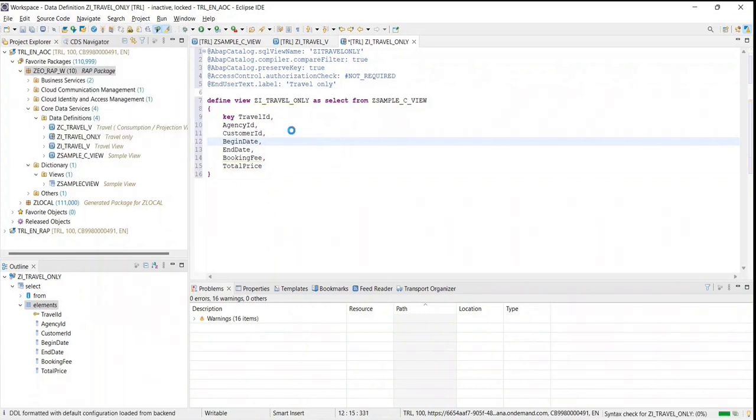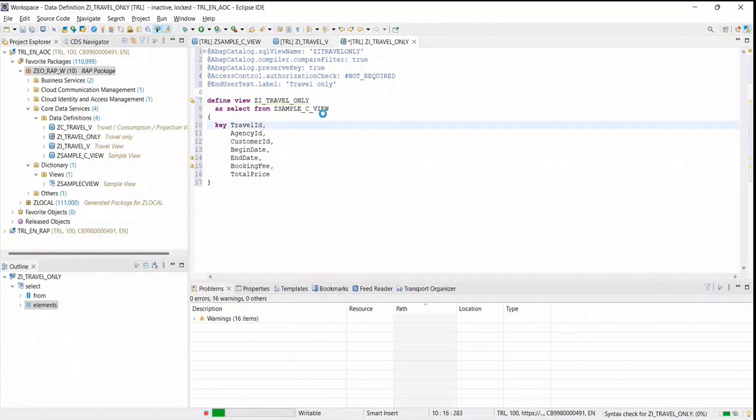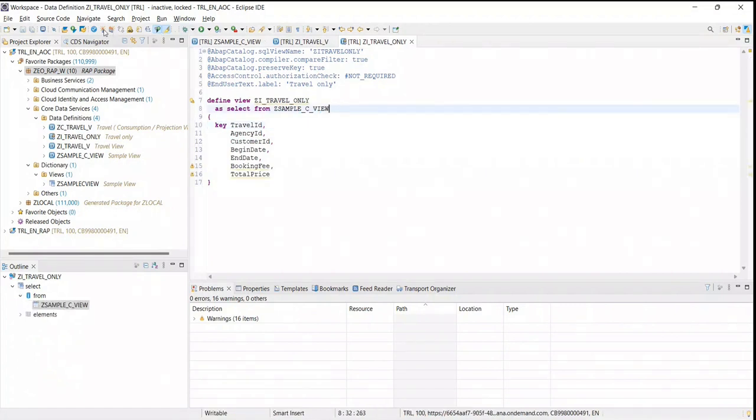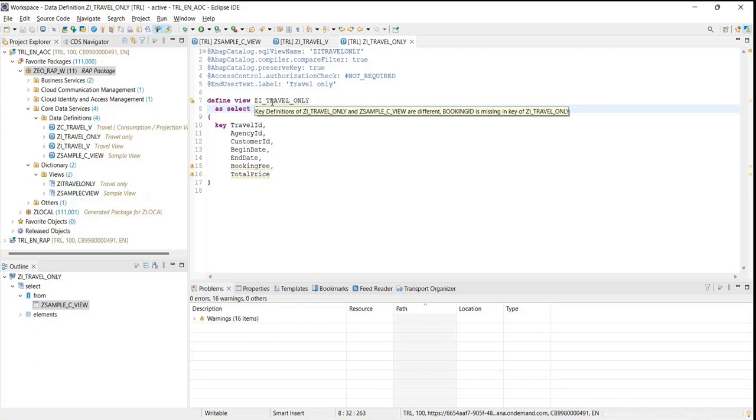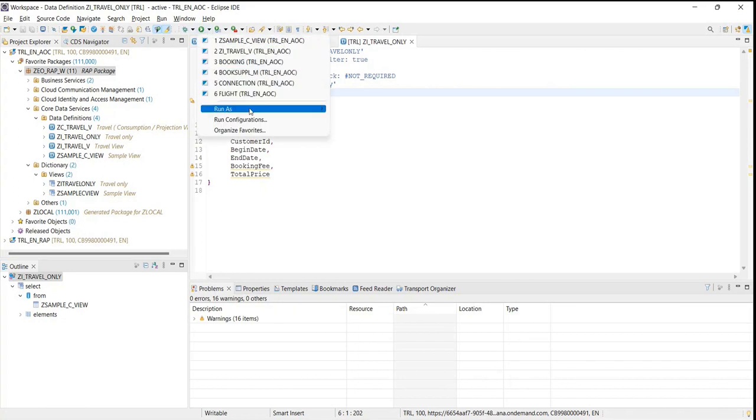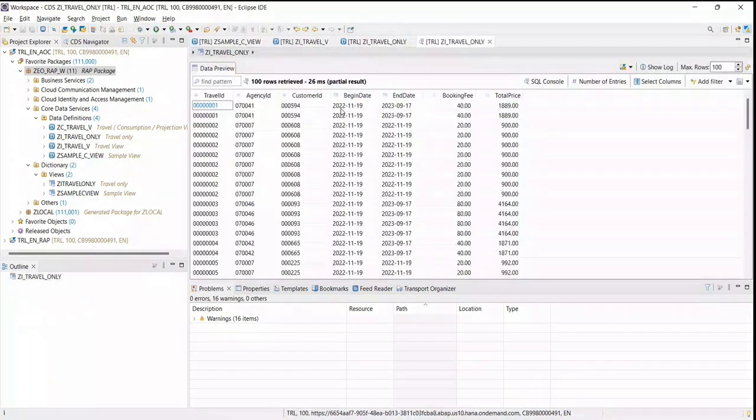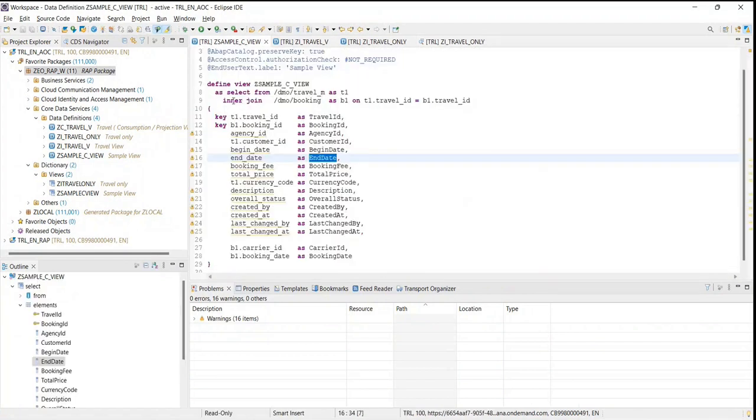So I use this particular view for fetching the data for my travel only. But the moment I activate this view, you will see that you are getting an error, or a warning over here, which says that you are trying to manipulate the key. The booking ID is the key which is missing over here. That is one thing. Another thing is, if I run this as an application, you would see that you are getting duplicate data over here because you are trying to fetch the data only for the header, even though the view has information coming from both the principal